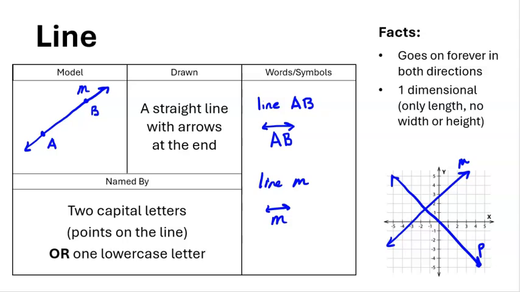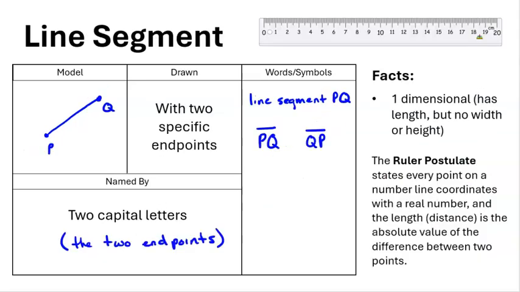Going back to the line that we drew earlier, notice the difference between lines and line segments. Lines have those arrows at the end, and then remember that we could also name it going the other direction as well. But lines are going to continue extending on forever, where those line segments are not. And we've been working with line segments for a very long time. You may have used rulers and tape measures in your math classes before, and that leads you into the ruler